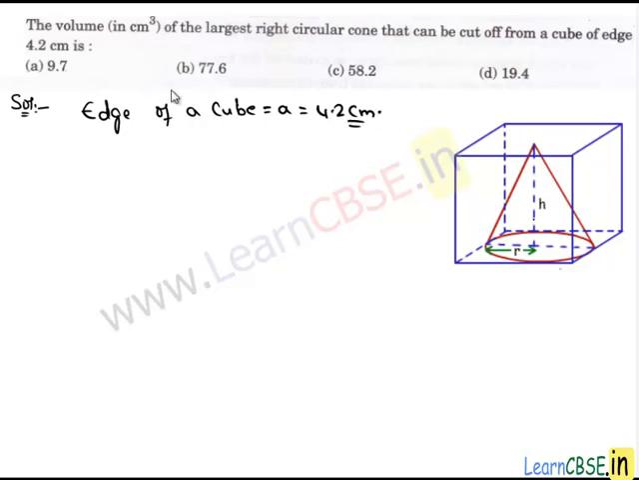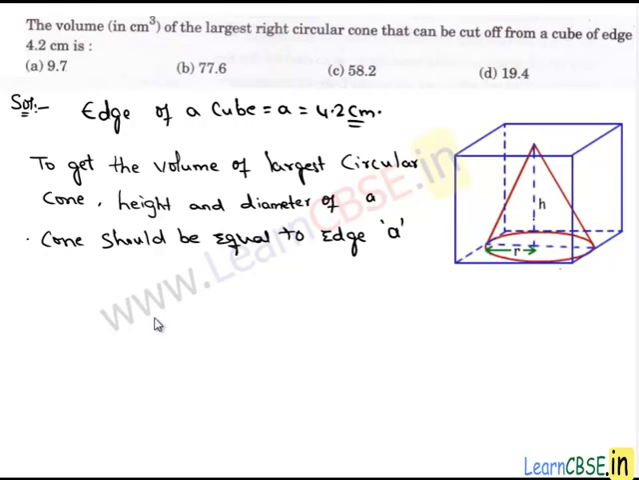And we are asked to find the largest volume of the right circular cone which can be cut off from the given cube. To get the largest volume, the dimensions of the right circular cone, which are height and diameter of the base circle, should be equal, and it is equal to the edge of the cube. Then we have the height of the cone, which is 4.2 centimeters, and the diameter of the base circle, which is equal to 4.2 centimeters. Then we have the radius of the base circle is